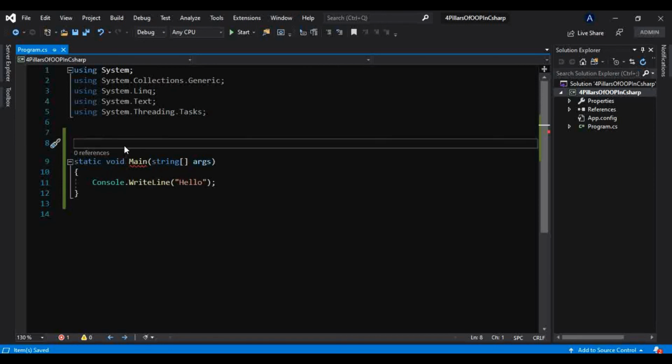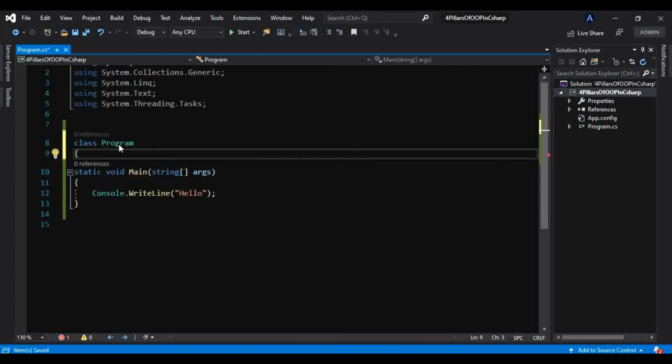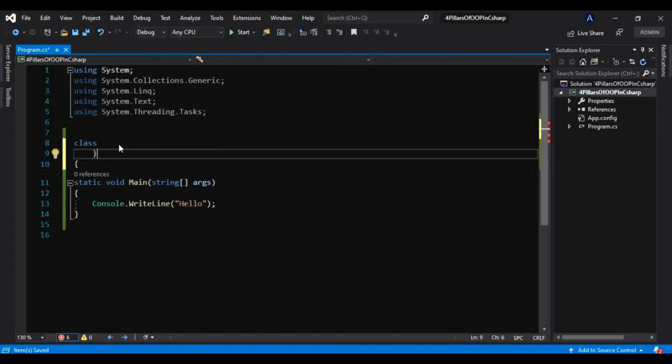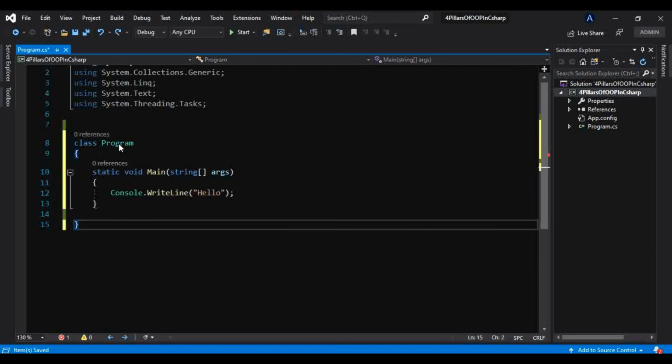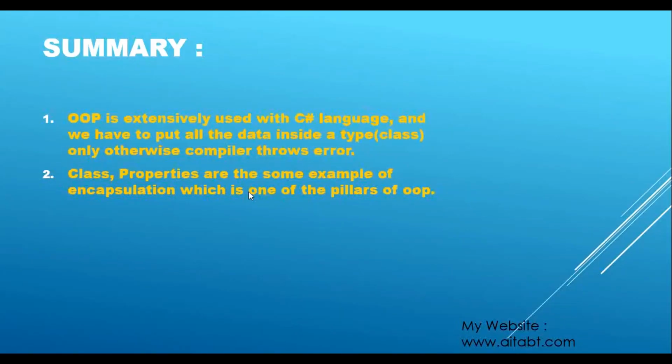Although there is no namespace, it is still giving that error because there has to be a certain type, and under that type only we have to put whatever code we want to write. So that's what this point says. OOP is extensively used with C# language, and we have to put all the data inside a type only, otherwise the compiler throws an error, and that's what we have just seen.